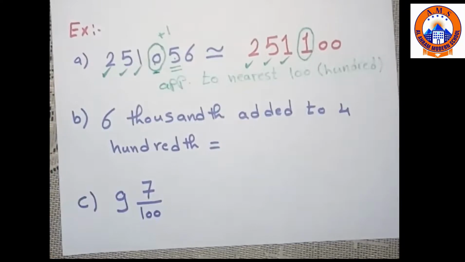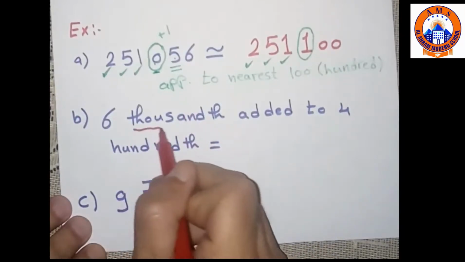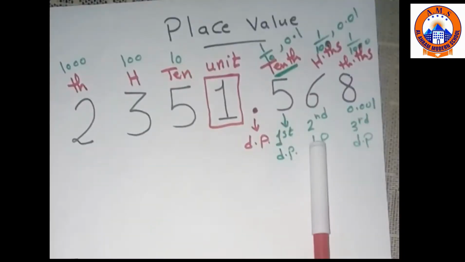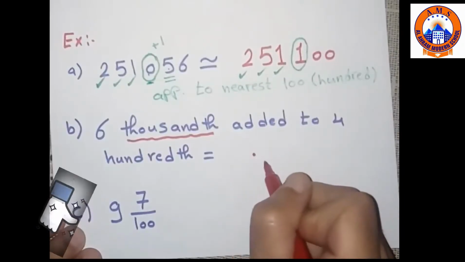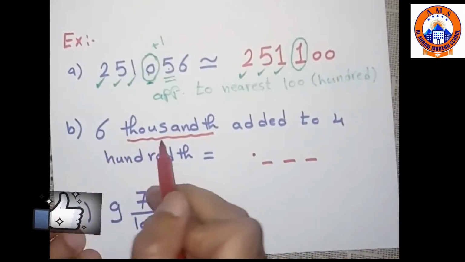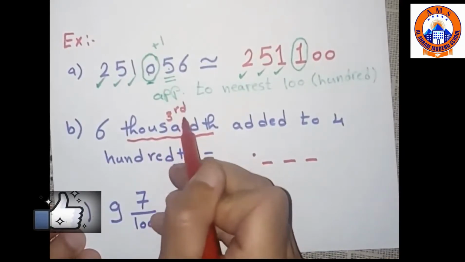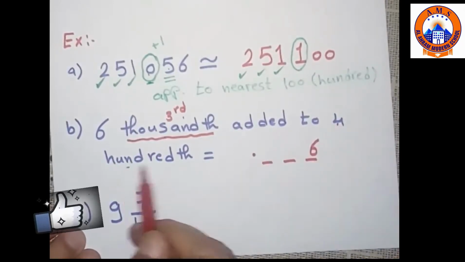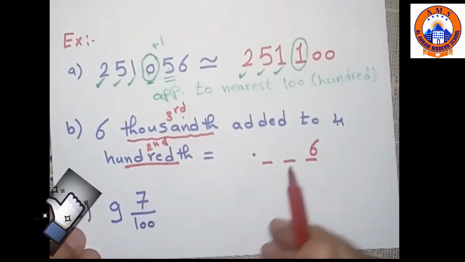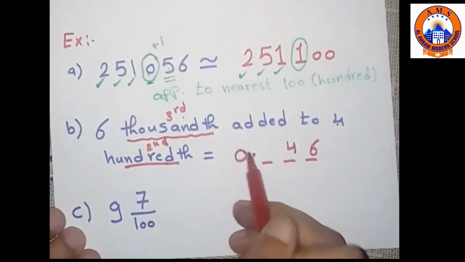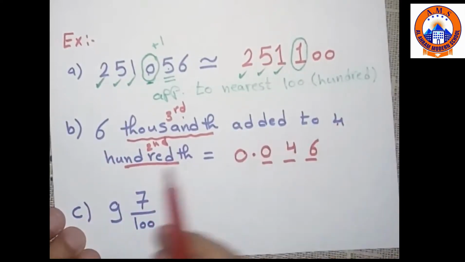Okay? If I ask you to write 6 thousandths added to 4 hundredths, the thousandth digit is the third decimal place, and the hundredth digit is the second decimal place. So you have a decimal point, and here is 1, 2, 3. These are the 3 decimal places that you have taken. I'm going to write 6 in the thousandth digit, or the third decimal place, and I will write 4 in the hundredth, or the second decimal place. I didn't mention any other places, so you can fill them with 0. So 6 thousandths added to 4 hundredths is going to be